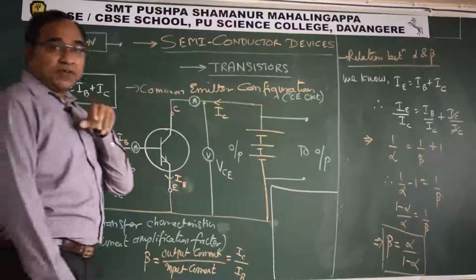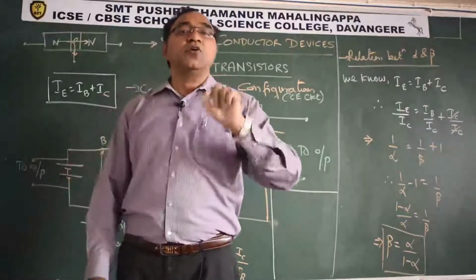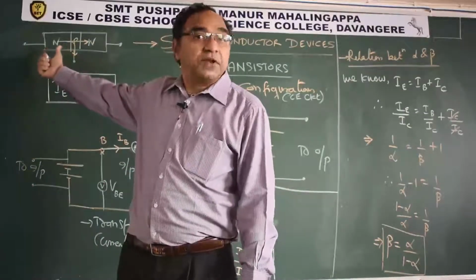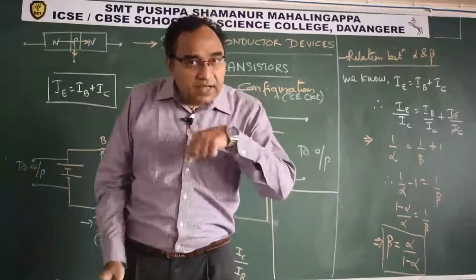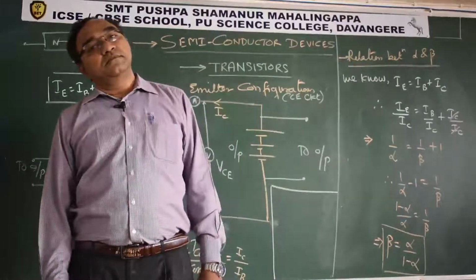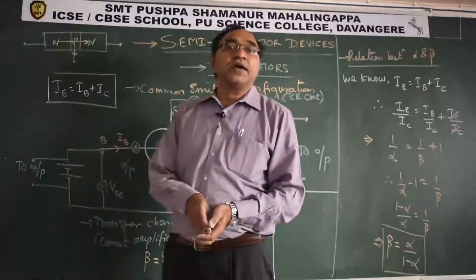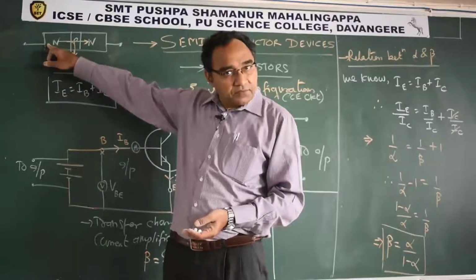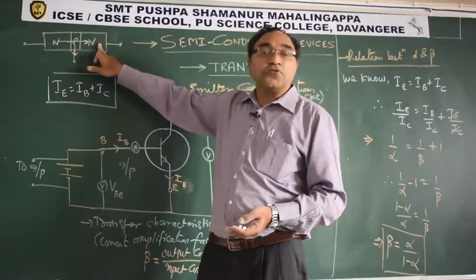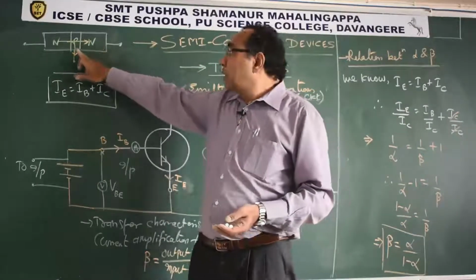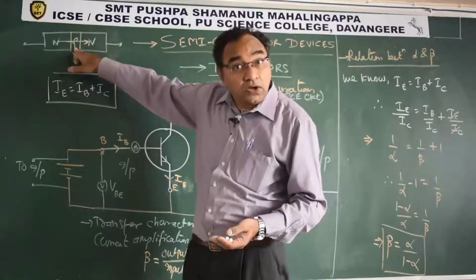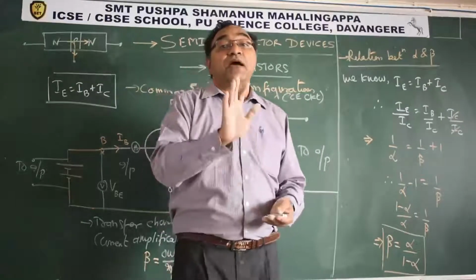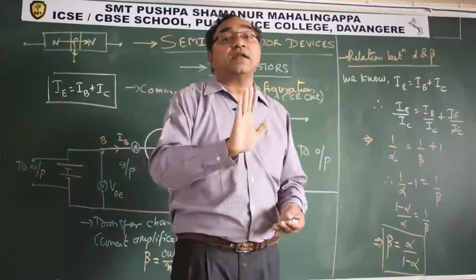Now then one more thing we said, base is a thinly doped semiconductor. Why thinly doped? Because I want to bring down this recombination percentage. So when I am designing a transistor, what I keep in mind is emitter should be heavily doped, that we have seen. Collector should be moderately doped, that we have seen. Base should be very thinly doped. How much thinly doped? Calculation is this way, maximum 5% should be the recombination.